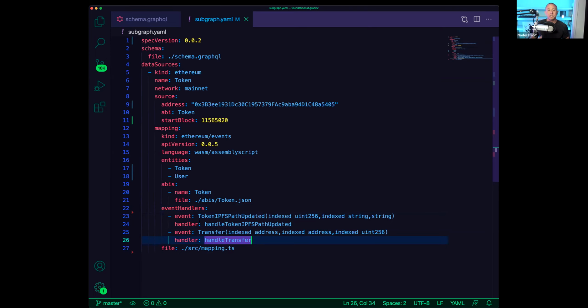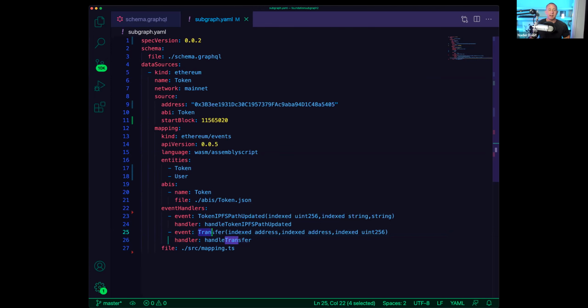So we have two events that we're going to be caring about for our API. One is the transfer event. This event gets emitted when someone creates a new token, and it also gets emitted when someone transfers a token from one party to the other. So when you create a new token, this will be fired, and then when that person moves it to another party, it will be fired.